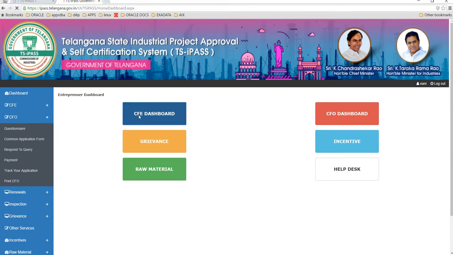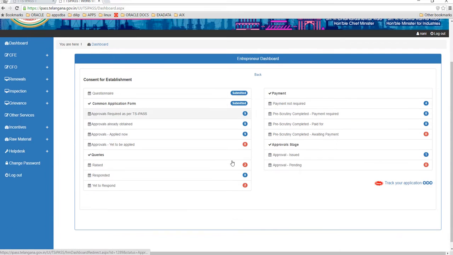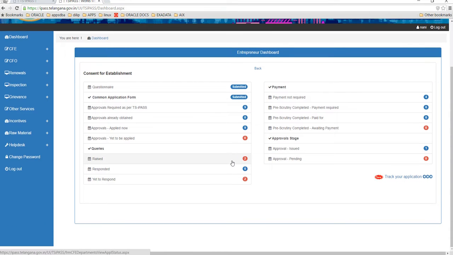First, I would like to request you, please open your dashboard, open the CFE dashboard, and inside that always try to finish off the numbers in the red color. The red color indicates that these are the works which are actually pending. So make sure all the approvals are applied for. And now